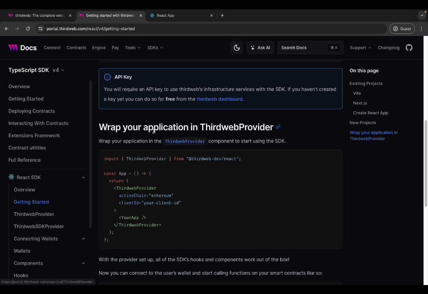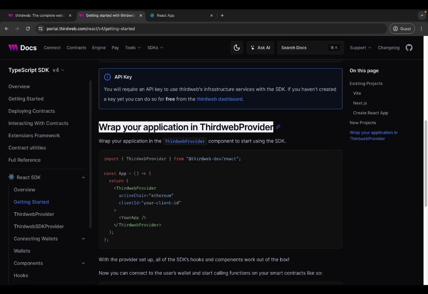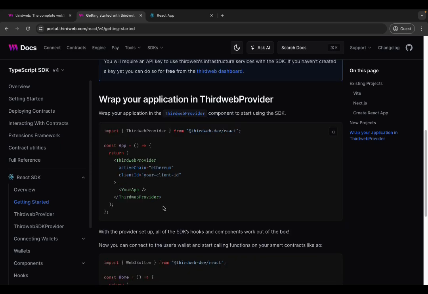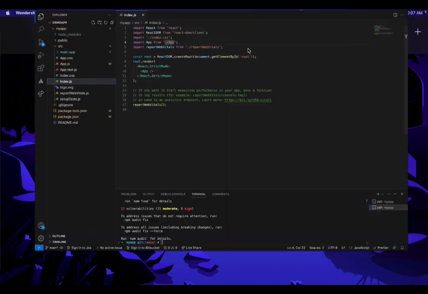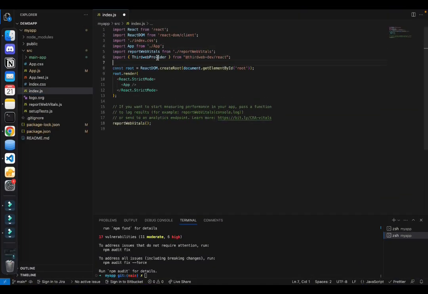What we need to do is set up a Thirdweb provider, as it says here, which will allow us to use Thirdweb's hooks and components inside of our application. So to set up the Thirdweb provider inside of our project, let's go ahead and copy this line of code where we are importing the Thirdweb provider, and let's add it to our index.js file since it's the topmost component